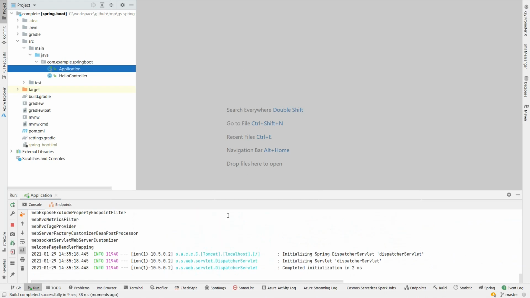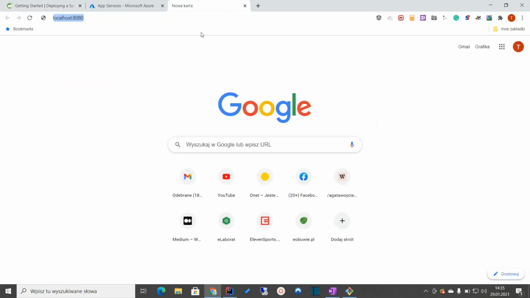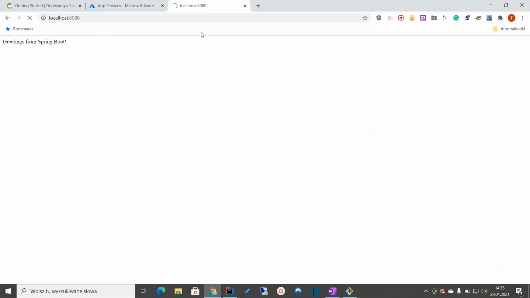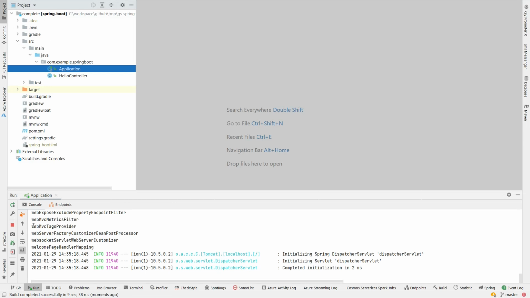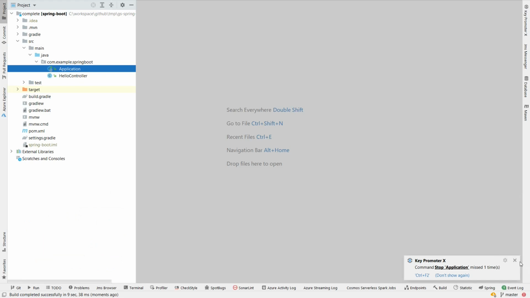Okay, it's running. Let's open the web browser. Okay, it's working. Let me stop the project and let's move forward into the next step, which is